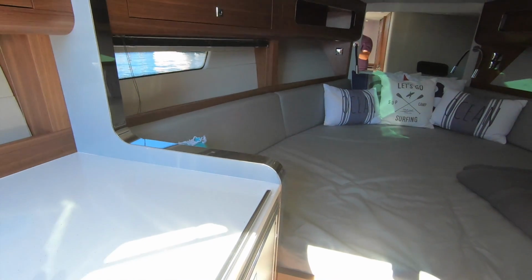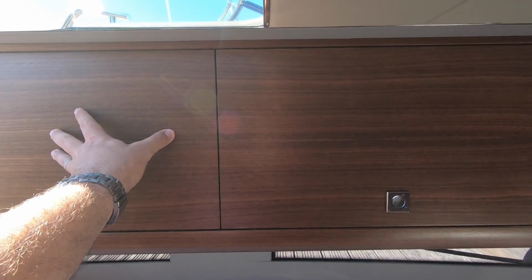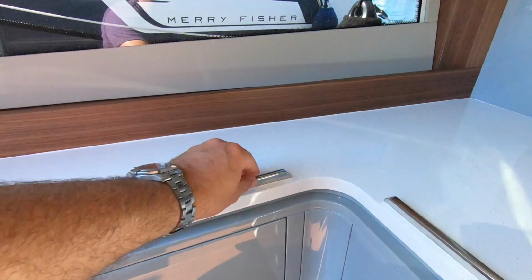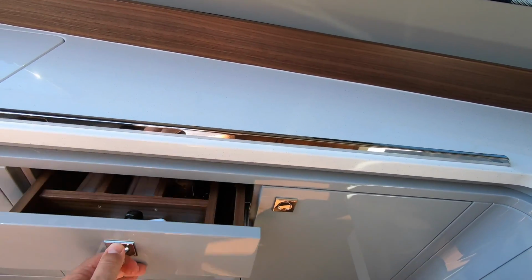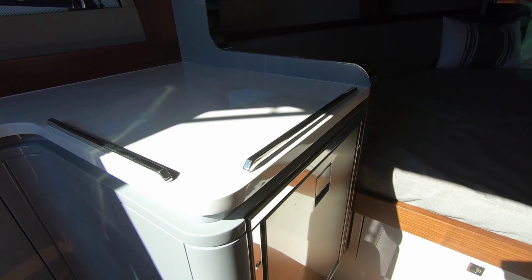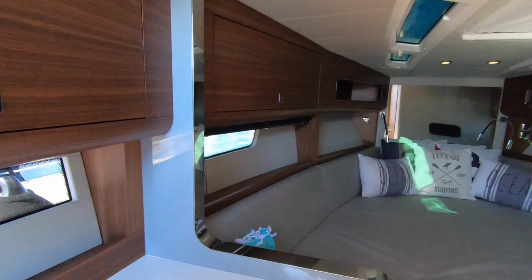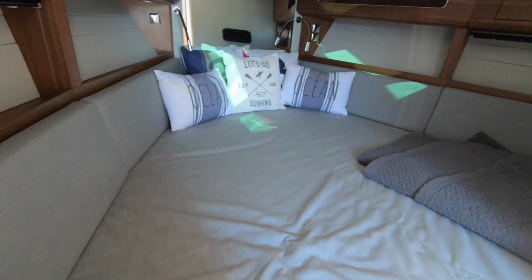Then we move down into the interior, which Espinoino also designed, and though it's a weekender, Windy really wanted to up the level of luxury and feeling of quality down here. So note how, firstly, how nice this woodwork is, but also that all the graining lines up. You've got proper stainless steel fiddles on these tops here, really nice positive solid catches on the drawers. You have another Isotherm fridge down here, so you have a little bit more cooling space, dimmable LED lighting all around, and then you have this big open plan sleeping area, this double forward here,